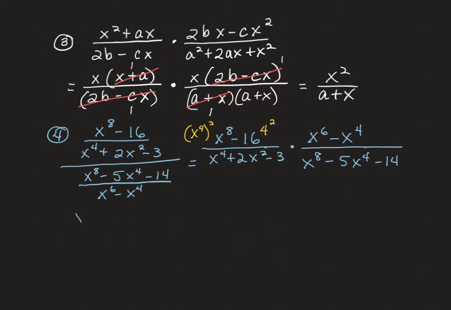So we have the difference between two squares: the square root of the first term minus the square root of the second term, times the square root of the first term plus the square root of the second term. I know I usually do it in the reverse order, the positive first, but we'll do it this way today. In the denominator of the dividend, x to the 4th can be thought of as x squared, allowing us to factor that trinomial